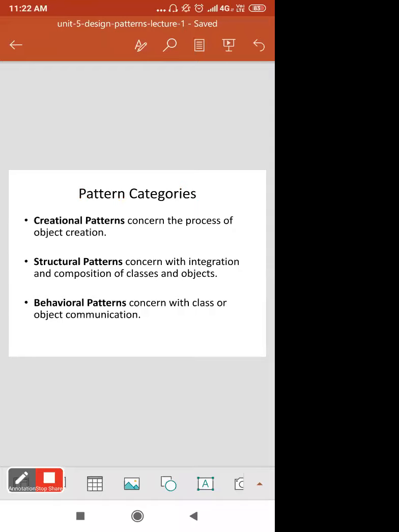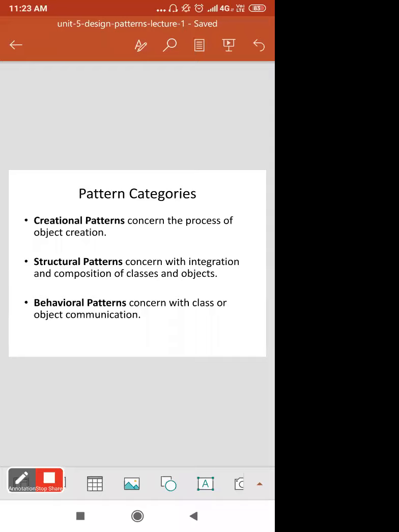These design patterns have three types, and these are very important types. You have to remember them. The first one is the creational pattern, which concerns the process of object creation. Creational patterns mainly focus on object creation.